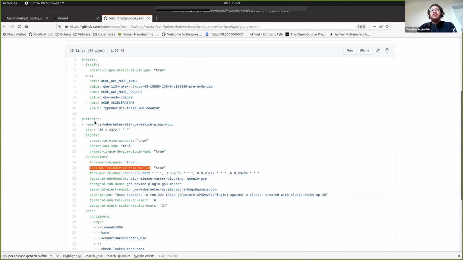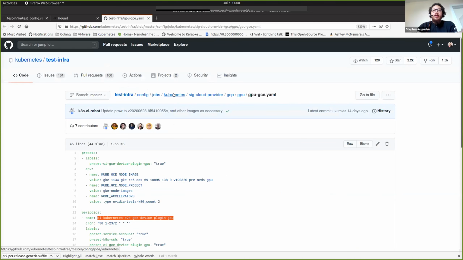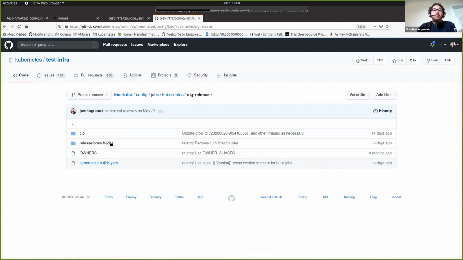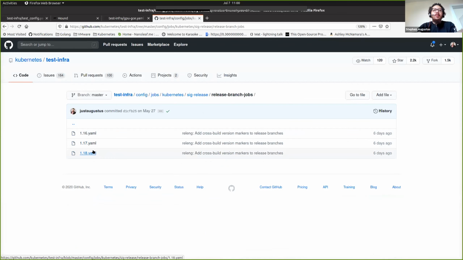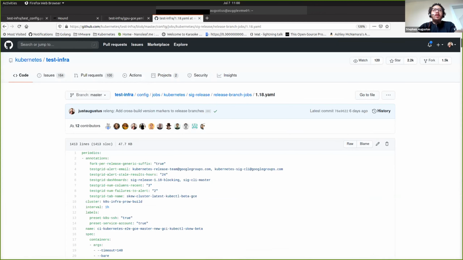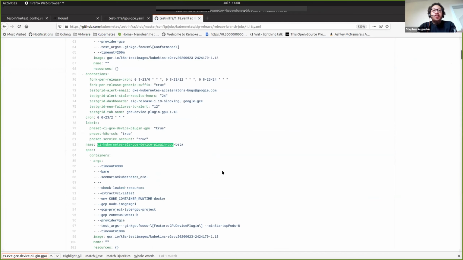And then we can also see that the master job doesn't have any specific indicators about what branch it's running on. So we kind of assume that it's master, right? So now if we look at one of the release branches, right? Let's just copy this job name. And if I go to kubernetes sig-release release-branch-jobs, and 1.18, and search for this job,